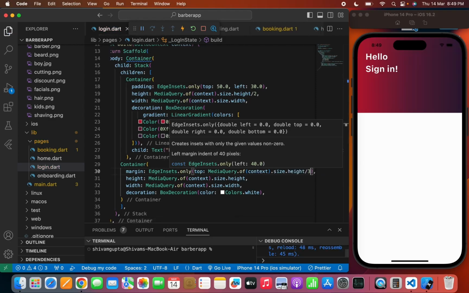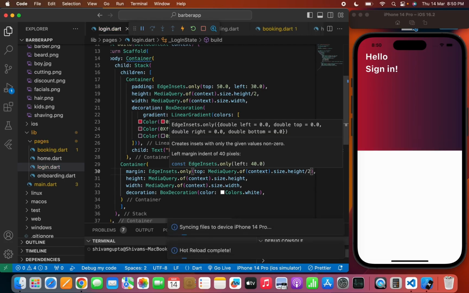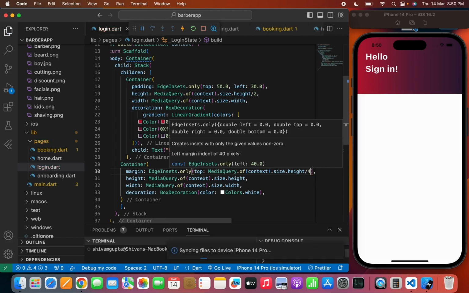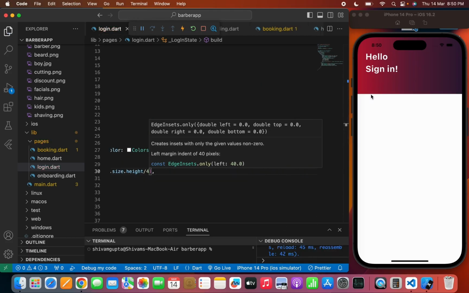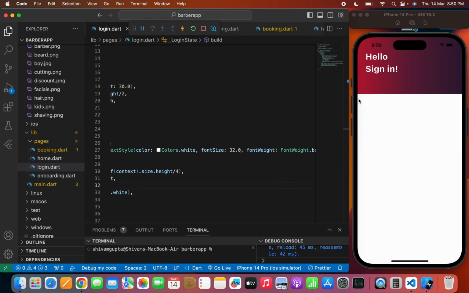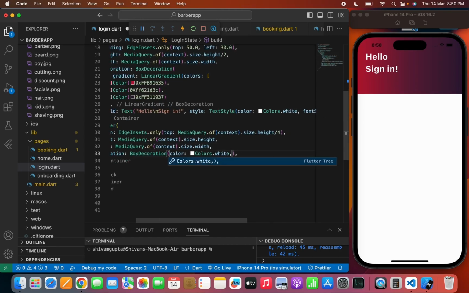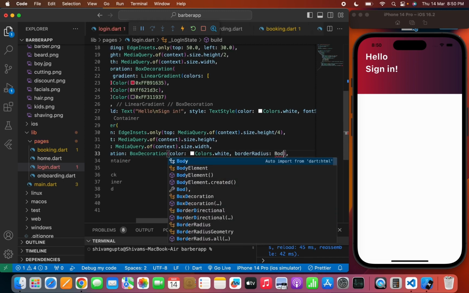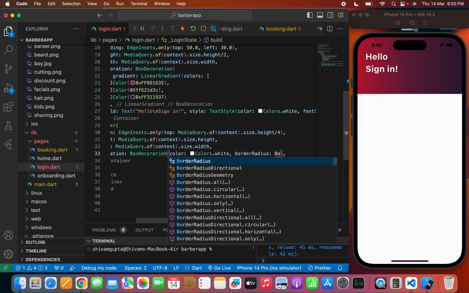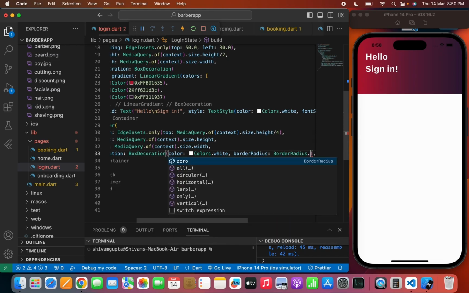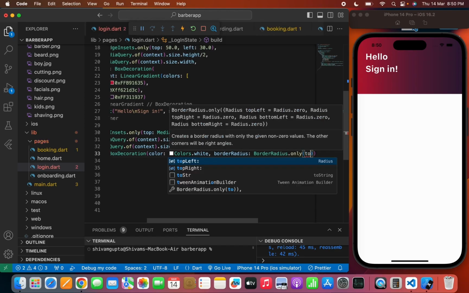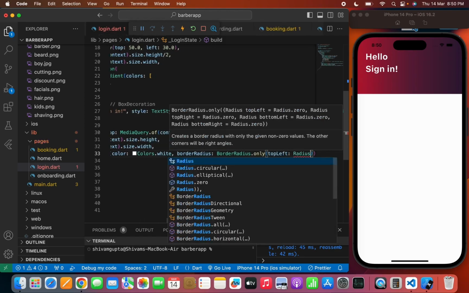So here you can see the container. Now maybe we can try divide by 2. No, it's too much. 4. Yeah. Now I want to basically give the circular radius to my container from the top left position and from the top right position. So in the box decoration I will write border radius dot only, not border, it will be border radius dot only, maybe from the top left, radius dot circular